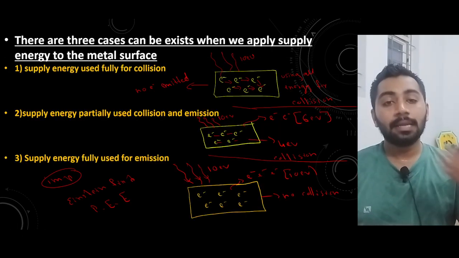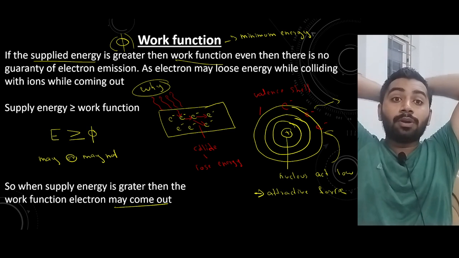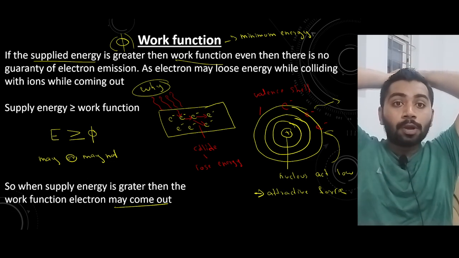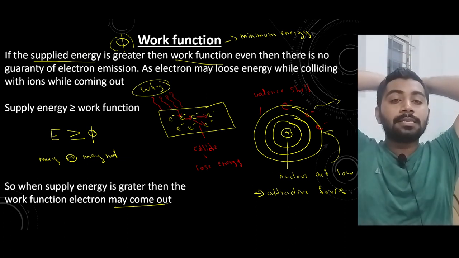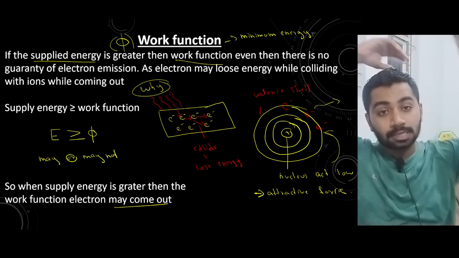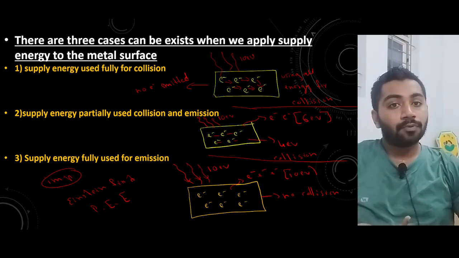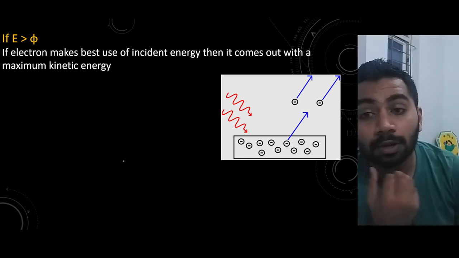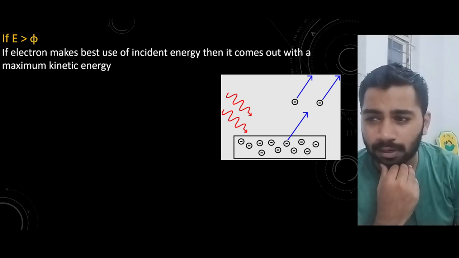Okay, now let us see. Very simple case. There are 3 cases. I just said for removing the outer electron in the work function, we must apply some extra energy, opposite to the attractive energy. Even then there is no guarantee that electrons can emit. Now we can say supply energy is greater than the work done, and still no guarantee. Then there exist 3 cases: supply energy can be fully wasted, partially used, or fully used. Fully used is the very important case for us, and now we will discuss that only. Now see here, supply energy is greater than your work function. Last case.